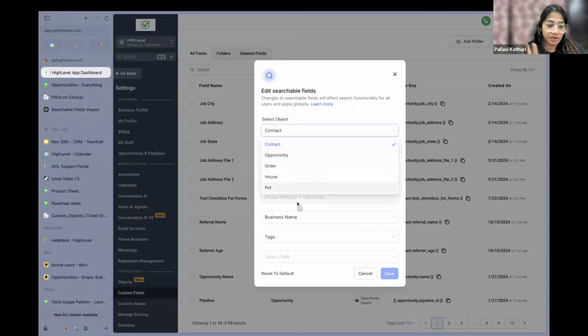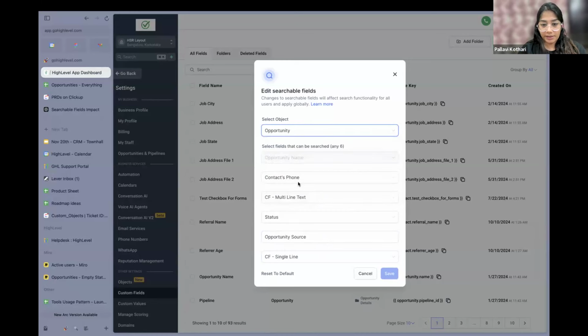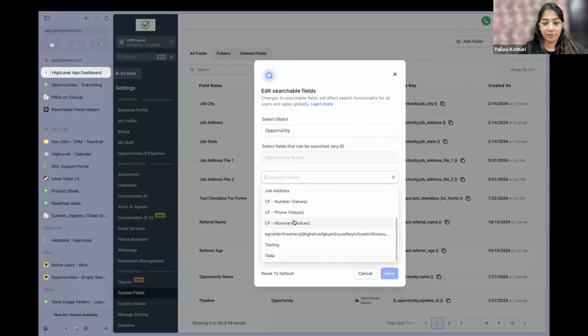And this particular feature is available only to admins, not to users. And this change applies to all users and applies globally. So do ensure that you are checking all of these details whenever you are making a change to any of these object searchable fields. But how it works is you select which object you want, and then you just select whatever fields that you want to search on for that particular object. And that includes almost all of the different custom fields, specifically name fields, number fields, etc. And also all of the different